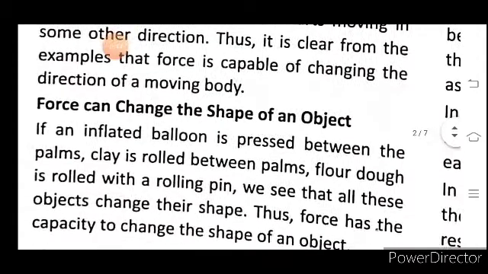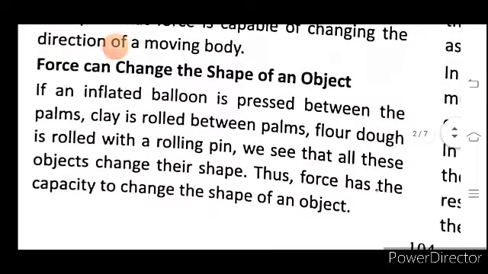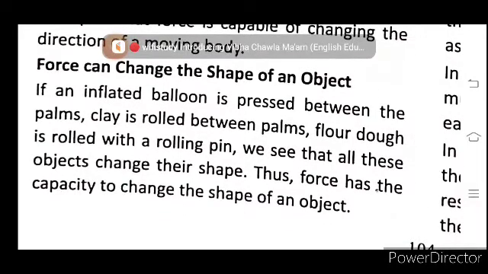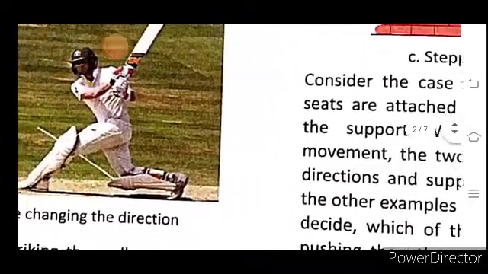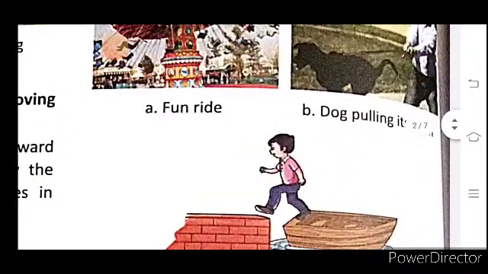Force can change the shape of an object. अब हम पढ़ेंगे कि फोर्स कैसे किसी ऑब्जेक्ट यानी किसी वस्तु का शेप चेंज कर सकता है। If an inflated balloon is pressed between the palms, clay is rolled between palms, flour though is rolled with a rolling pin, we can see all these objects change their shape. Thus, force has the capacity to change the shape of an object. यानी कि फोर्स में कैपेसिटी होती है किसी भी ऑब्जेक्ट यानी किसी भी वस्तु का शेप चेंज करने की।